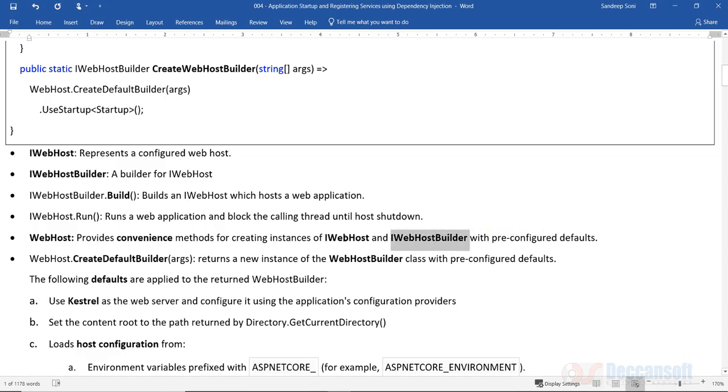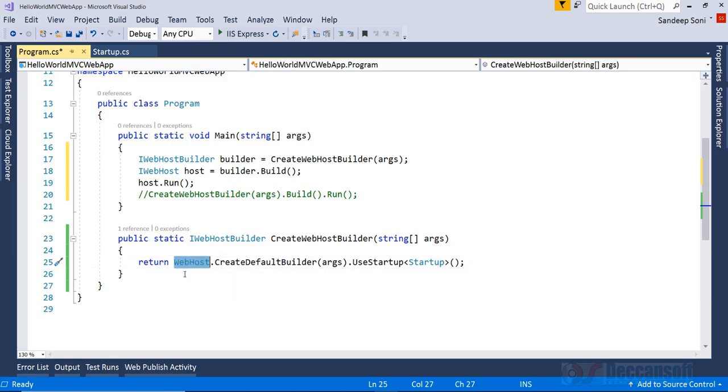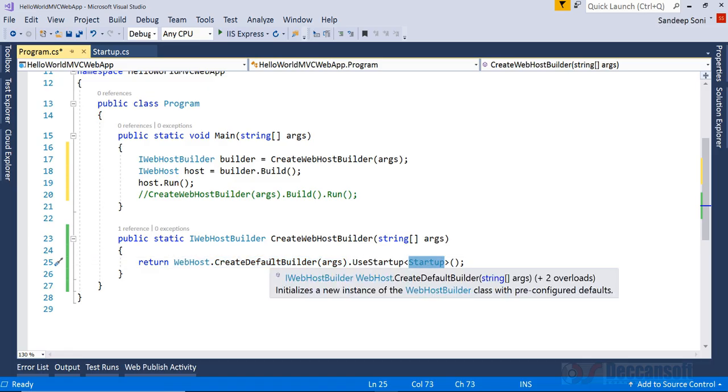So objects of these is what we are going to get through the convenience methods of WebHost. Remember, WebHost is not something which is directly implementing IWebHost. No, don't get confused there. WebHost is just a helper class. So in WebHost, there is a ready-made method called CreateDefaultBuilder, to which I pass the command line arguments as they are. The command line arguments are passed here for doing a lot of initialization and connecting the Startup class to the web host. So basically,